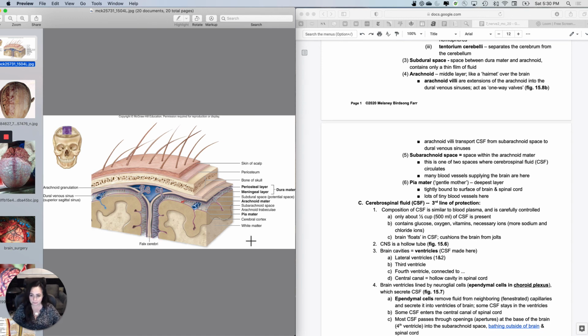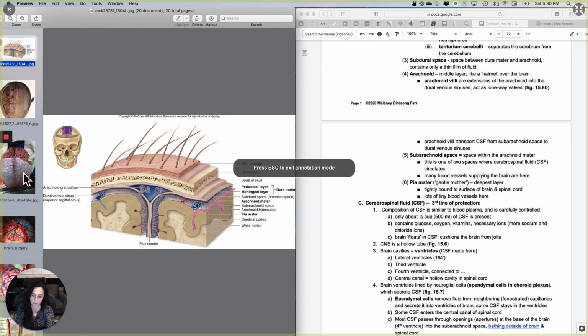And then we get to the deepest layer, which is drawn in this purple lining that you see, which is really stuck to the surface of the brain right here. It's called the pia mater. And the pia mater really makes the surface of the brain look kind of shiny. There's lots of teeny tiny little blood vessels in the pia mater, and it's stuck completely there. So if we